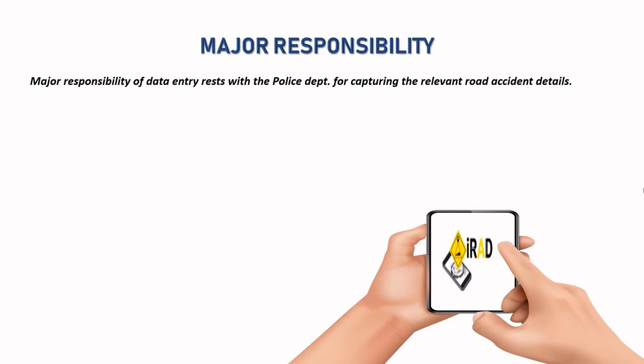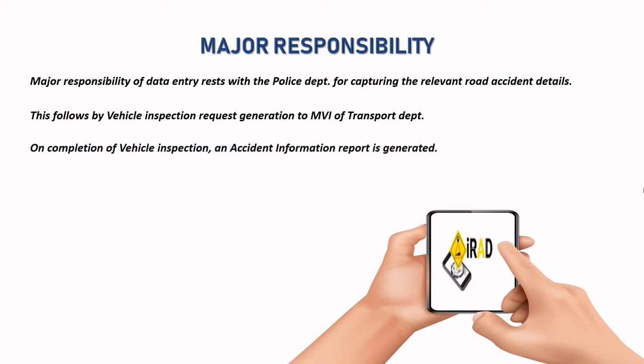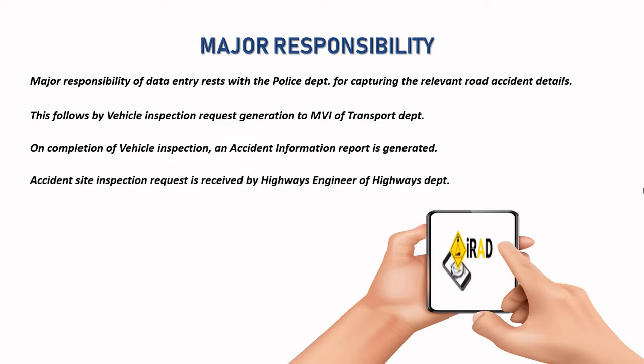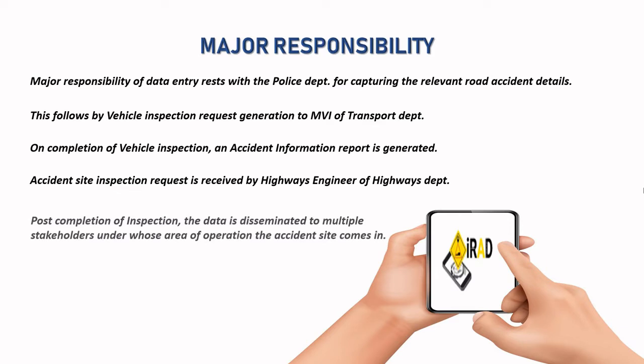details. This is followed by a vehicle inspection request generated to the MVI of the Transport Department. On completion of vehicle inspection, an accident information report is generated. An accident site inspection request is received by the highway engineers of the Highway Department. Post completion of inspection, the data is disseminated to multiple stakeholders under whose area of operation the accident site comes